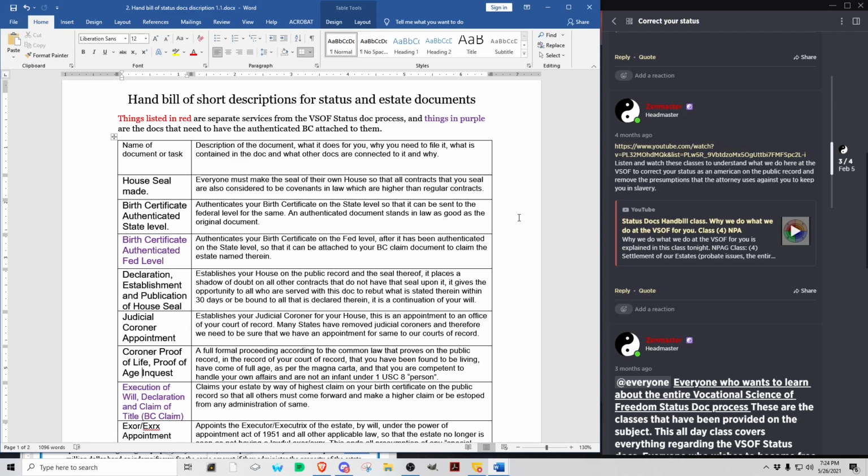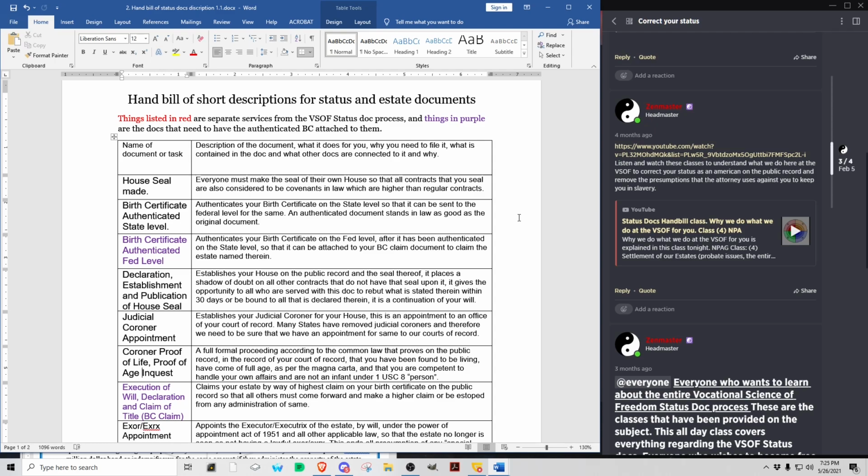The reason it's to be done is that you need to establish your own house. The male needs to establish his own house so that his children and his wife are protected under his law as one of the people, meaning that he's sovereign, in a constitutional republic. Now,